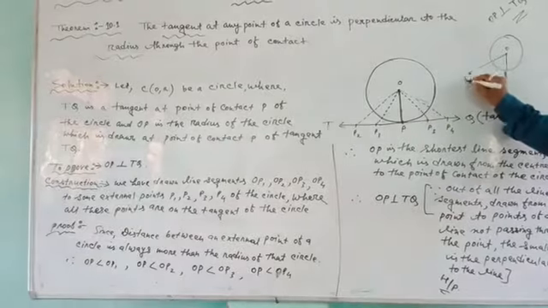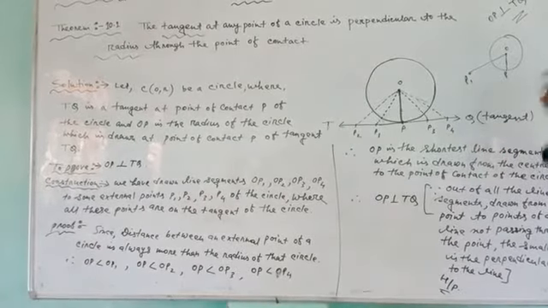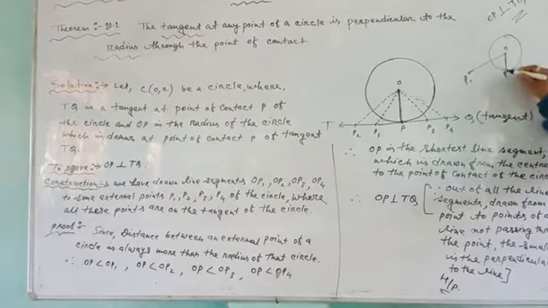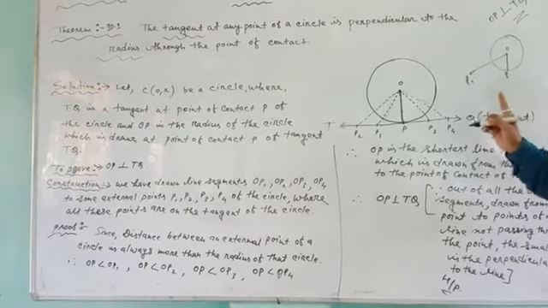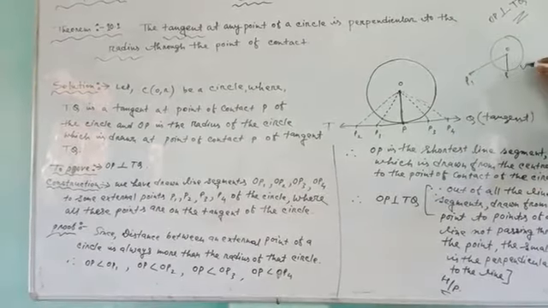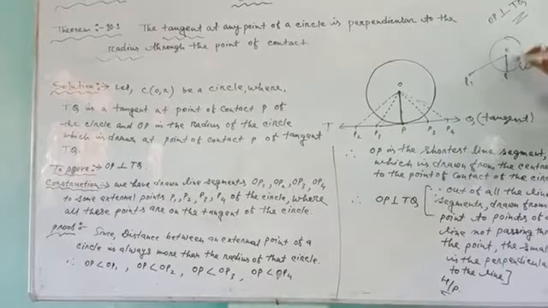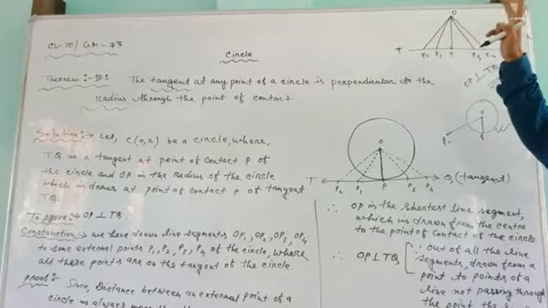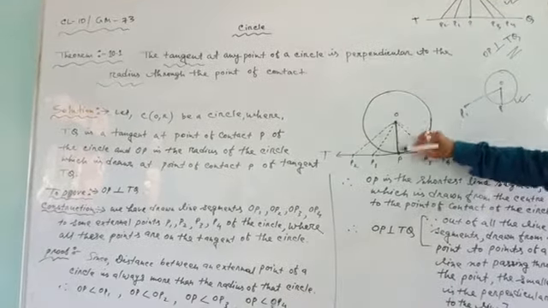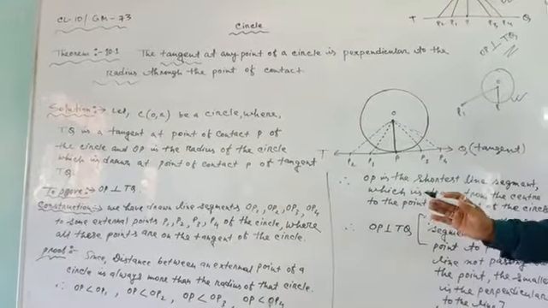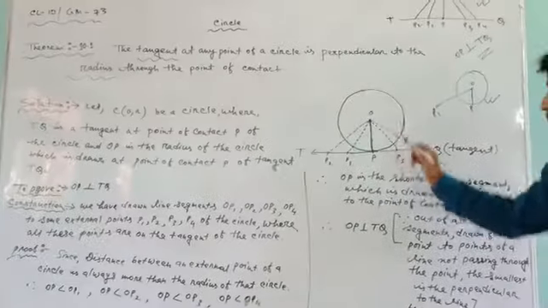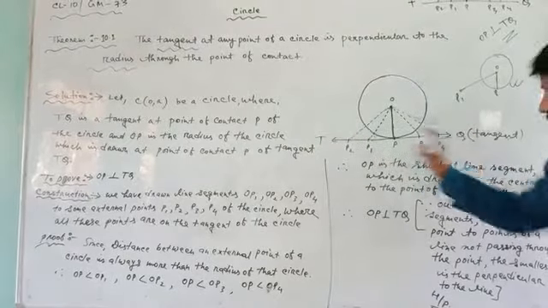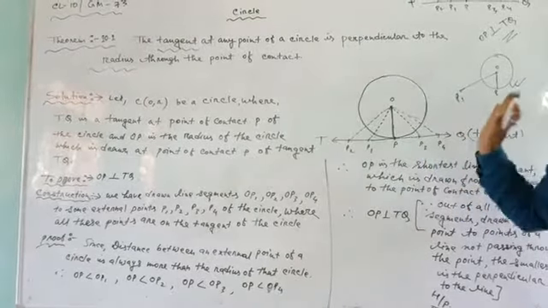Because this external point P1 is an external point, this distance is more than the radius of the circle. It is one concept, so first of all we have to apply this concept. Secondly, we have to apply another concept. Two things. First of all we have to prove OP is the shortest. Then we can write OP perpendicular on the line TQ, which is the tangent for the circle.